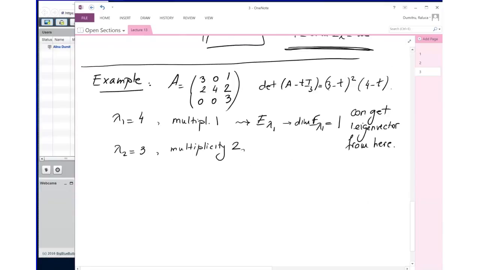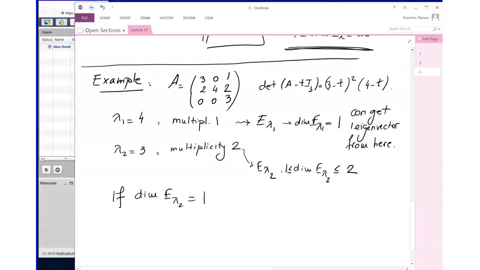All right, so let me look into the second one then. The second eigenvalue, lambda 2, has an eigenspace E lambda 2. Of what dimension? I don't know, right? Multiplicity of lambda 2 is 2, so the theorem above only tells me that E lambda 2, depending on the actual matrix, the actual eigenvalue, can have a dimension of 1 or 2, right? Now, what if, through computations, I get that the dimension of E lambda 2 is 1? What will happen? Honestly, I don't want to do the computation, so I just want to make a discussion here of what can happen. So if, let's say, the dimension of E lambda 2 is 1,